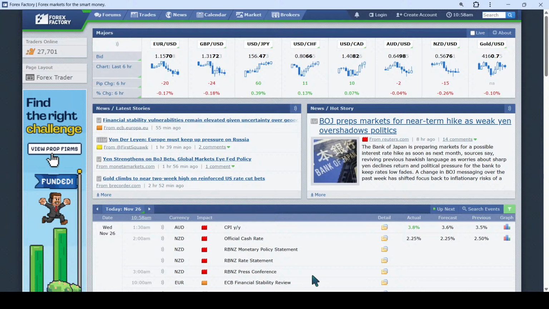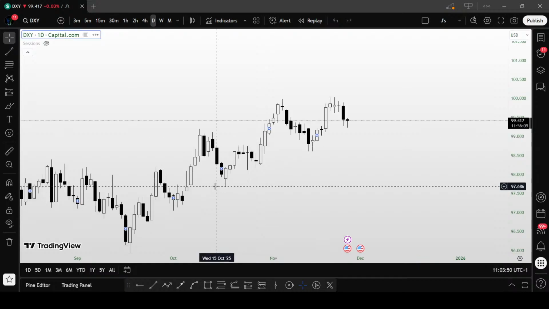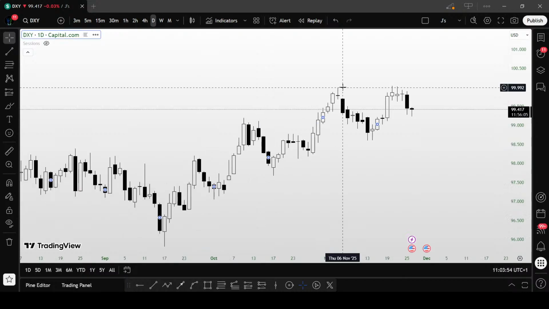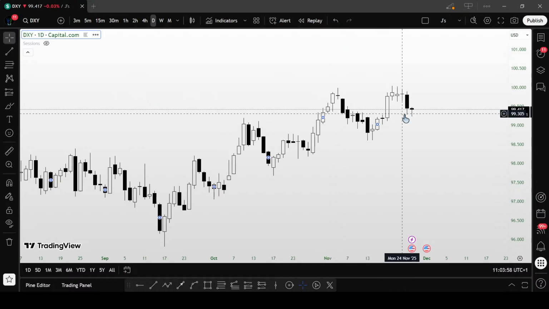So let us go into our TradingView and analyze what we have there for the day. Okay, so starting off from the daily time frame, we have here DXY. Okay, so DXY has been bullish, broke this high. Currently we swept this high, it's not really a break. Okay, and price is acting low-key funny because